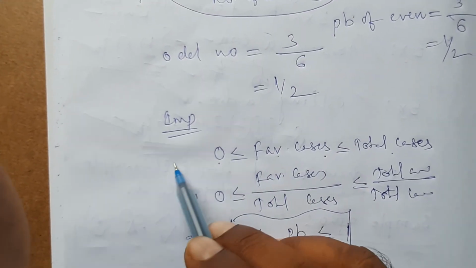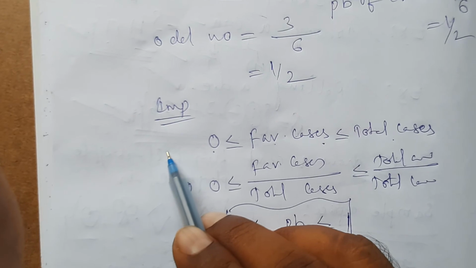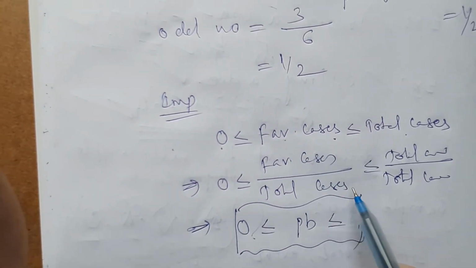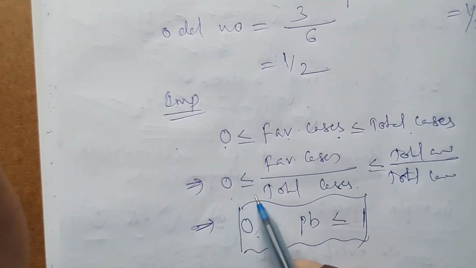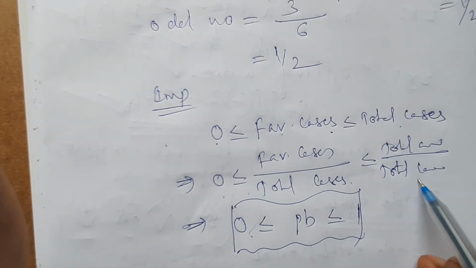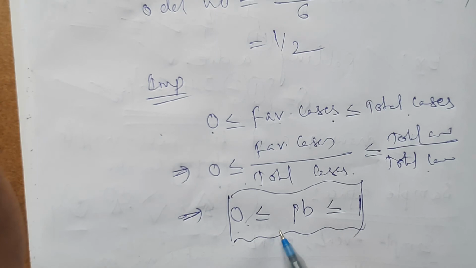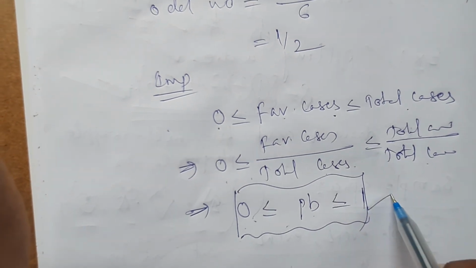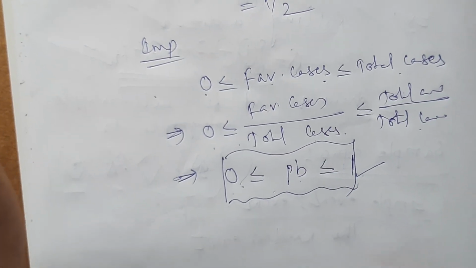Negative favorable cases are not possible. So if you divide the entire inequality by total cases, you will get 0 less than or equal to favorable cases by total cases, less than or equal to total cases by total cases. So obviously 0 less than or equal to probability less than or equal to 1. So always the probability of any